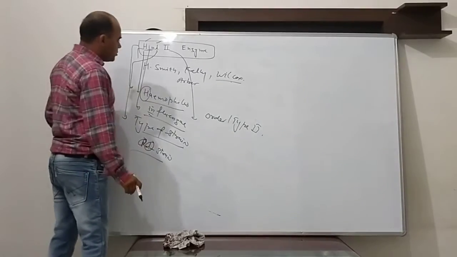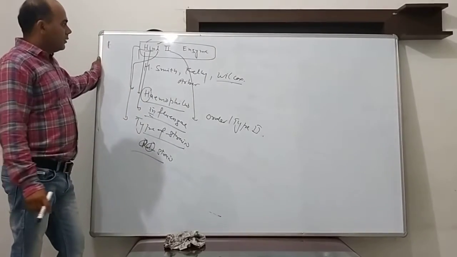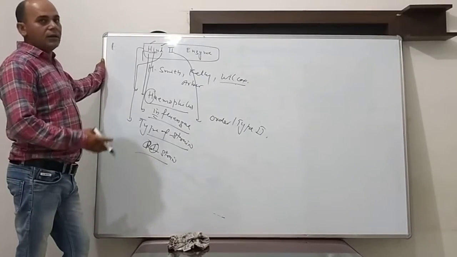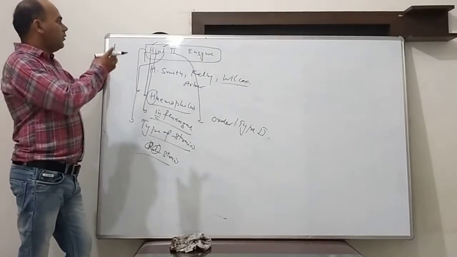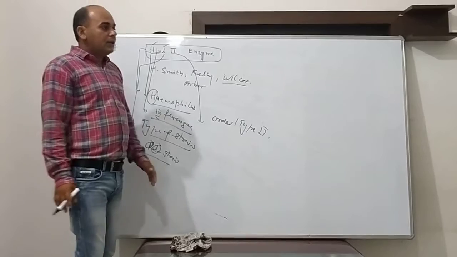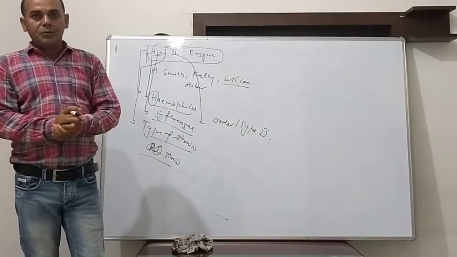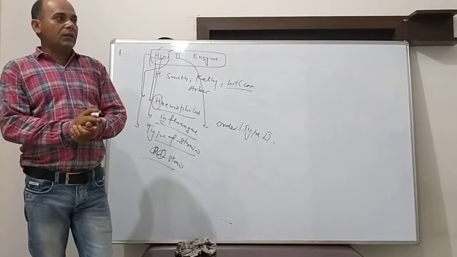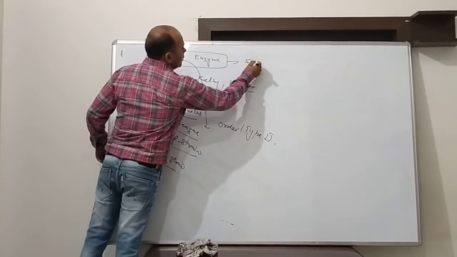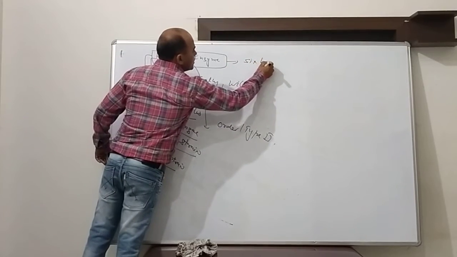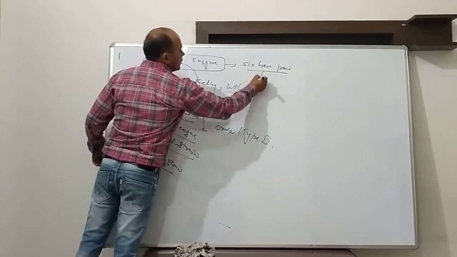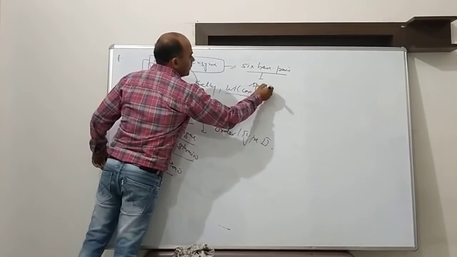So this is the contribution of H. Smith, Kelly, Wilcox, W. Arber. These are the scientists who were involved in the discovery of this enzyme, whose name is HindII. This enzyme can make a cut at a specific position. That specific position contains 6 base pairs. Very important question: it can make the cut at 6 nucleotide base pairs. This is a unique feature, the specific nature of this enzyme.